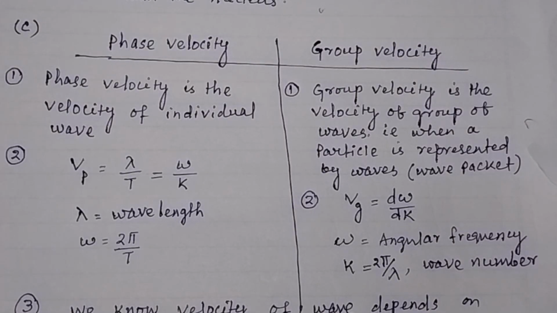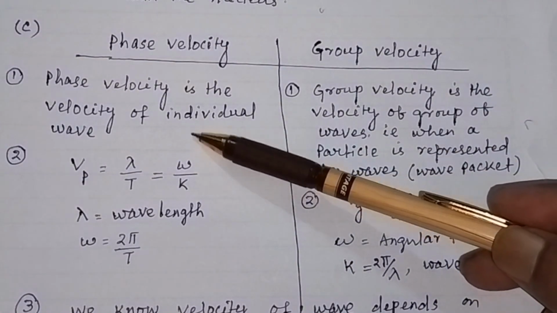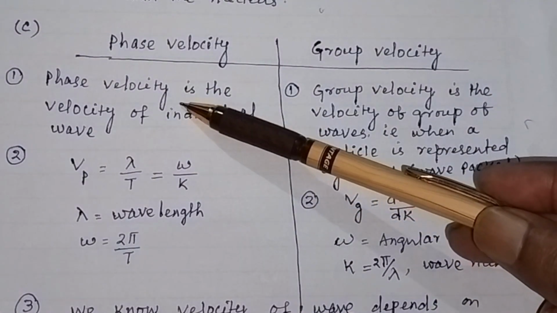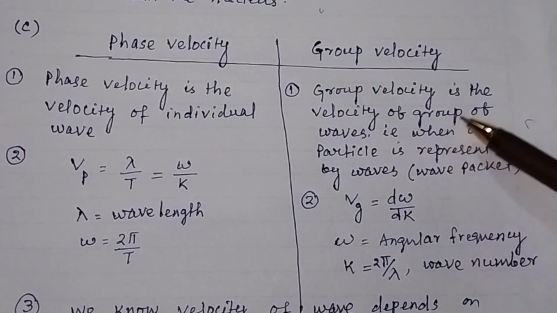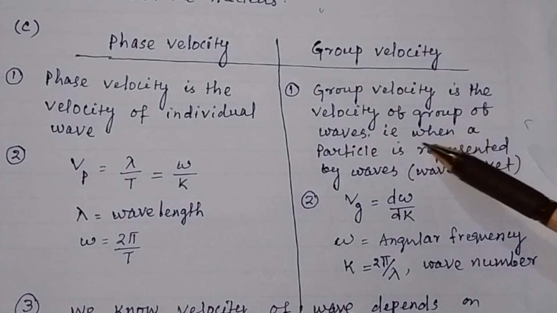Distinguish between group velocity and phase velocity. So what is phase velocity? Phase velocity is the velocity of an individual wave. If you have an individual wave, then we generally consider phase velocity, and group velocity is the velocity of a group of